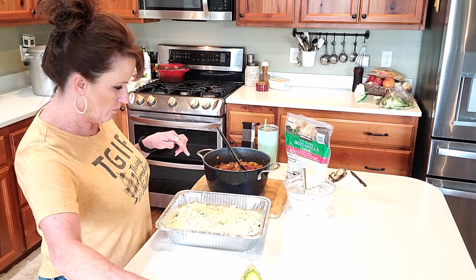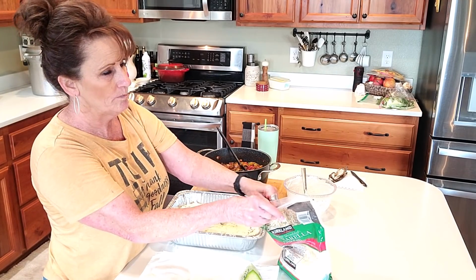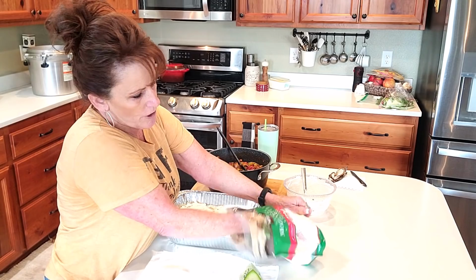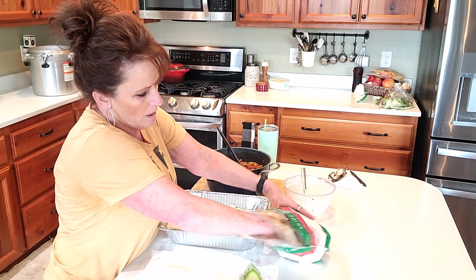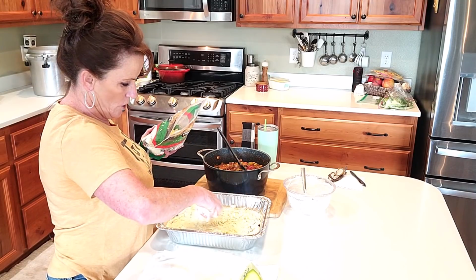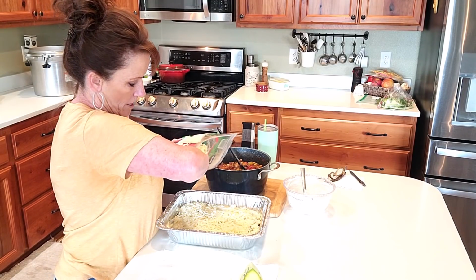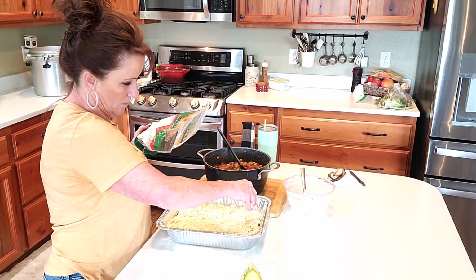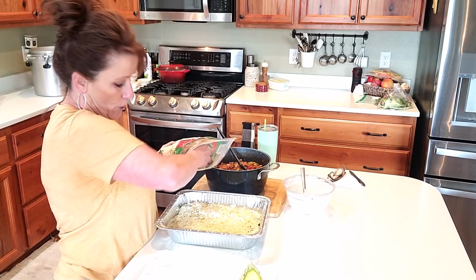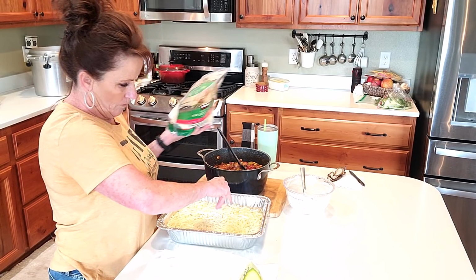Another layer. Actually, we could put a little mozzarella on there now. This mozzarella was actually in the freezer, and so some of it has kind of decided, just a thin layer. We don't need a big thick layer on this, but we do want it creamy, right? So just cover that,